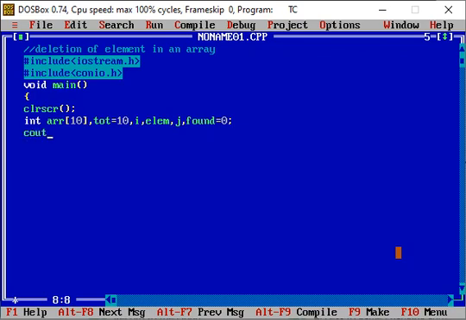Now I will enter all those elements. Let's suppose I need to enter the required elements here, so I will use scanf. Before that, I need to define the loop portion, a for loop, because I'm using the concept of an array, so I want all my elements in a particular sequence.